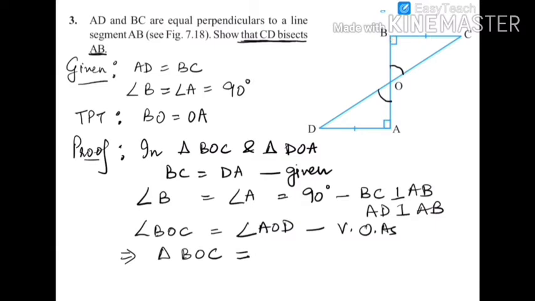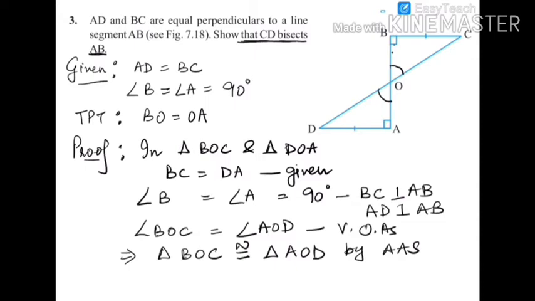So the corresponding vertex to B is A, corresponding vertex to O is O, and the corresponding vertex to C is D. So triangle BOC will be congruent to triangle AOD